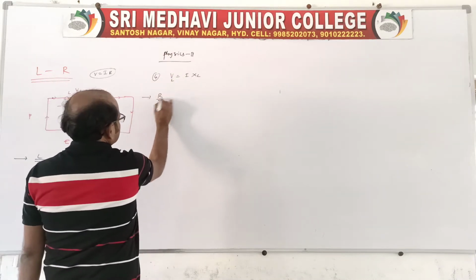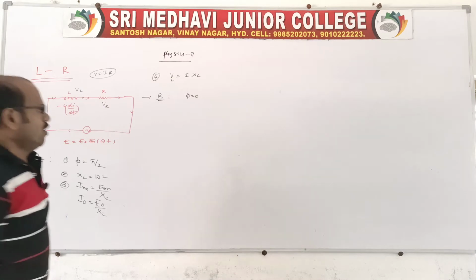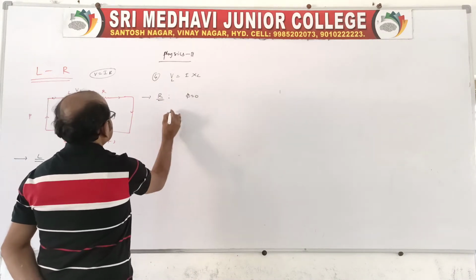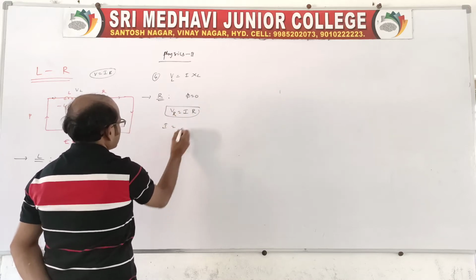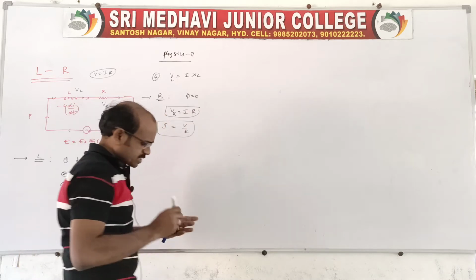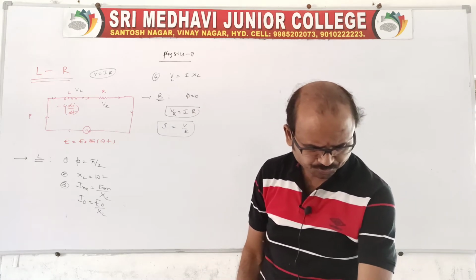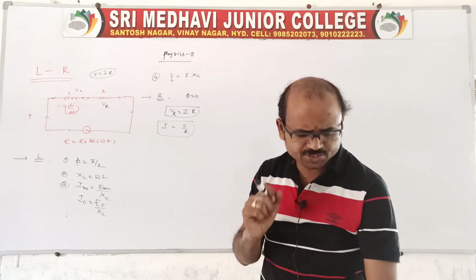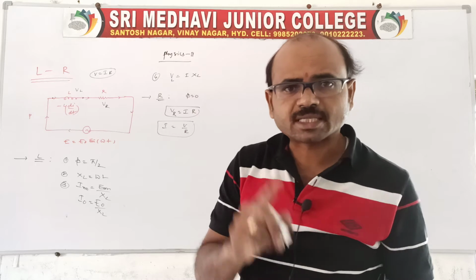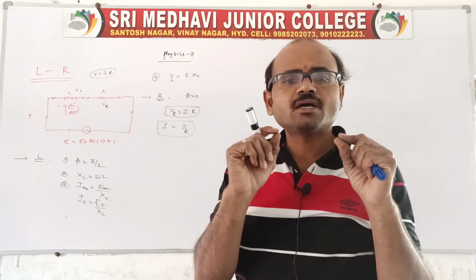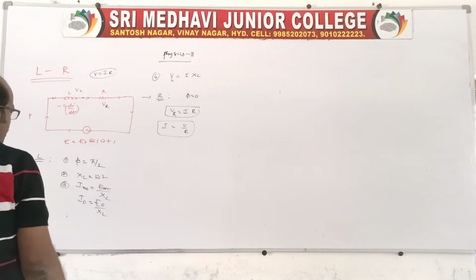Come to the resistive circuit. For this resistive circuit the phase angle is 0, of course there is no phase angle. Here VR is equal to I into R, and I is equal to V by R. And one more thing: in an inductive circuit, we know the current lags the voltage by an angle of pi by 2, that is, the current lags the EMF by pi by 2. That is also very important, because there is a phase angle there.